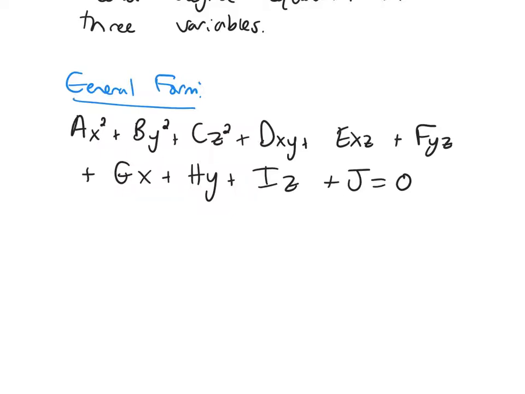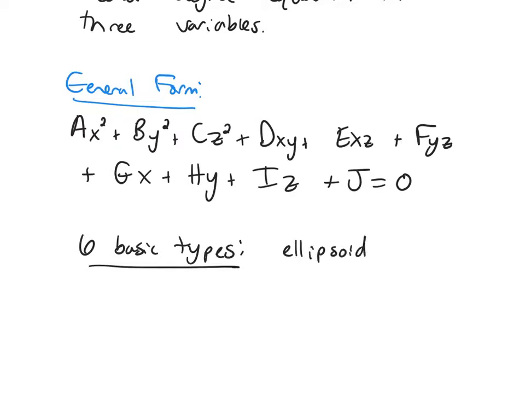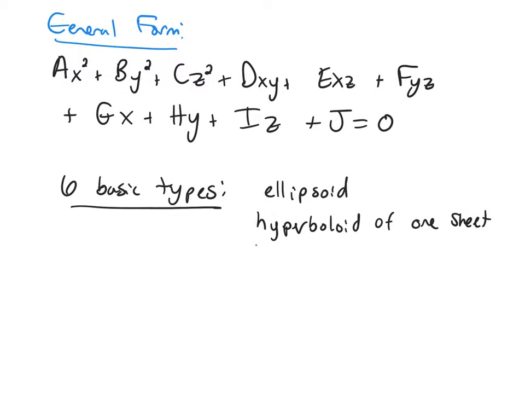And from this, we can say that there are 6 basic types of these surfaces, and those are an ellipsoid, a hyperboloid of one sheet, we have a hyperboloid of 2 sheets,